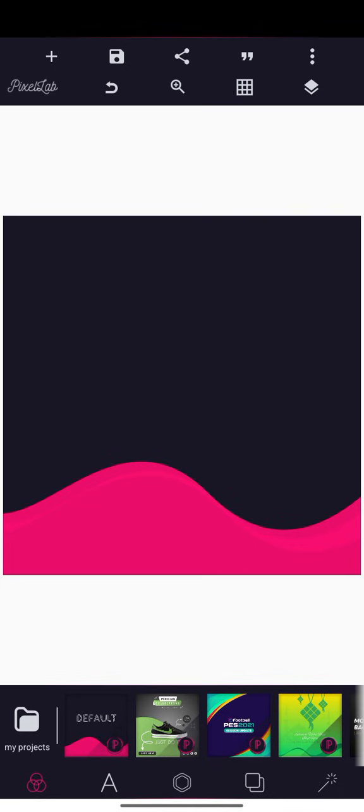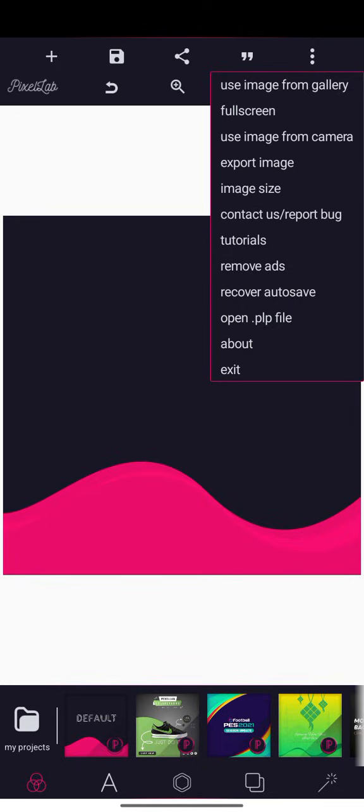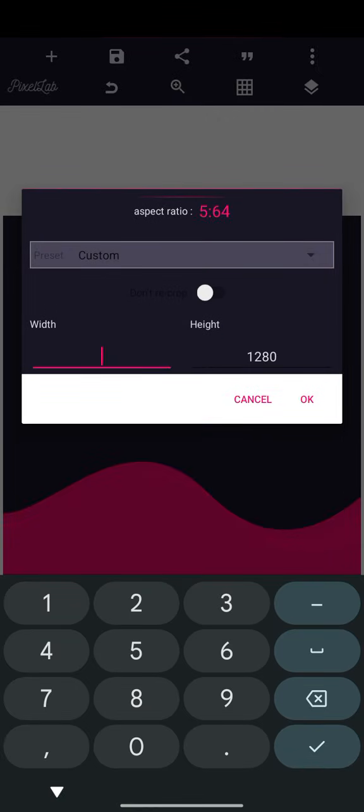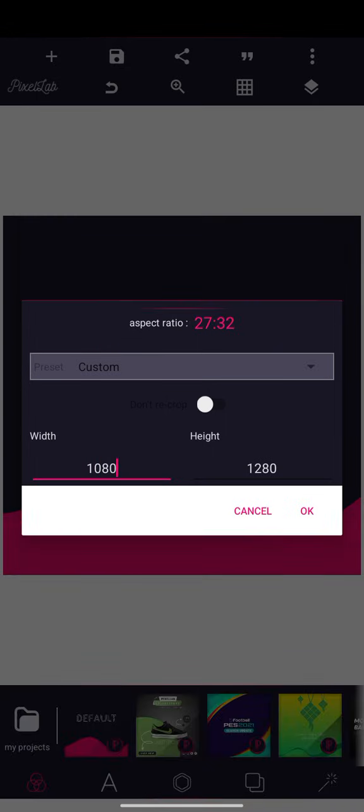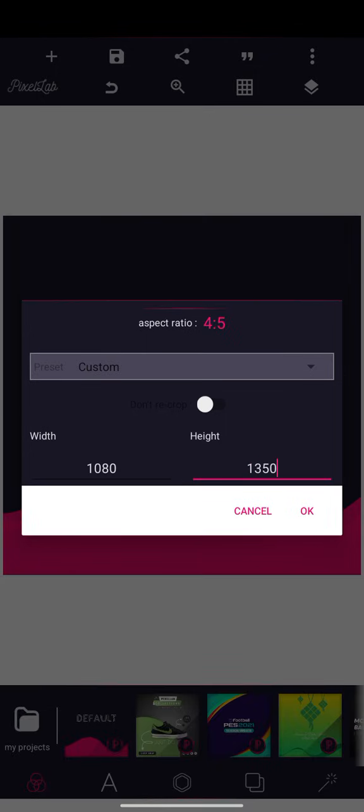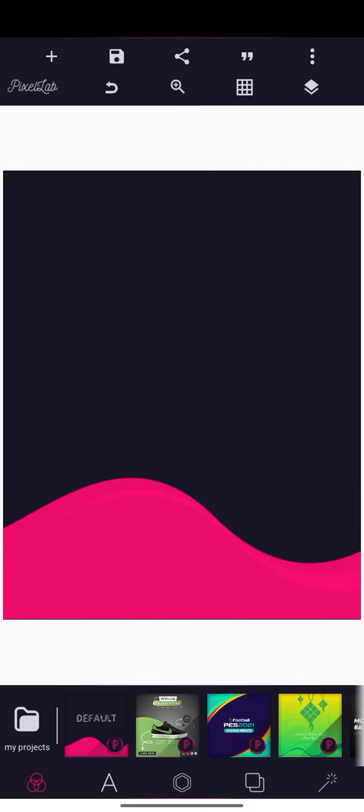All right, now first of all I'm going to change the size. Click on these three dots, click on image size and change it to 1080. Mark it, and then the height I'm going to change it to 1350. Okay, all right, now